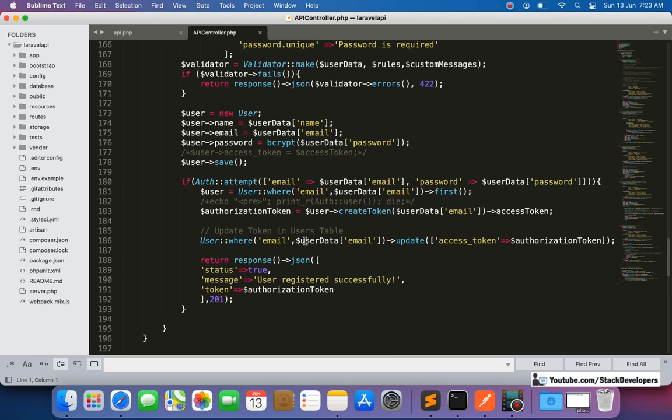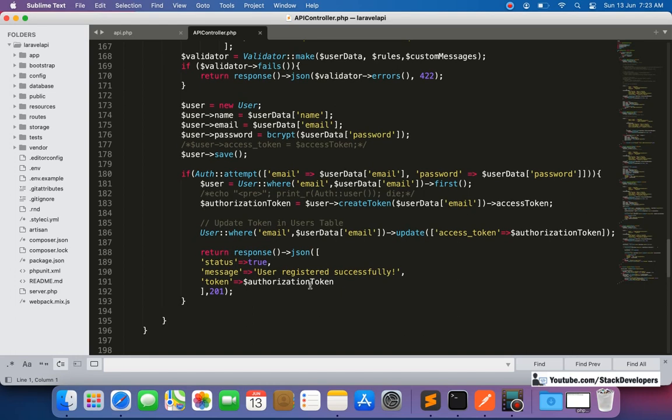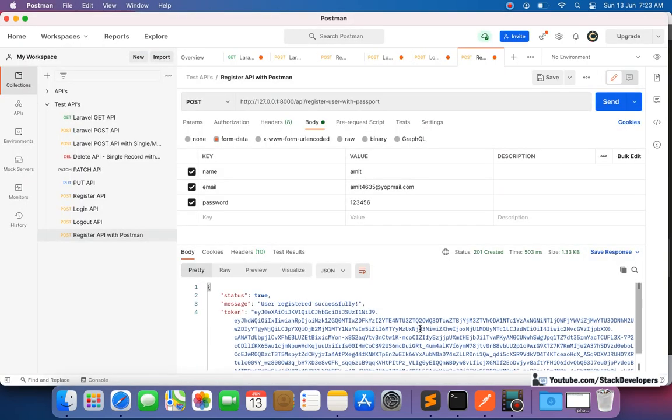Then we update this token in the users table, and in the response we send that token along with the message that the user is successfully registered, with status true, like I am showing you here. Okay, so in the same way we are going to work on login.